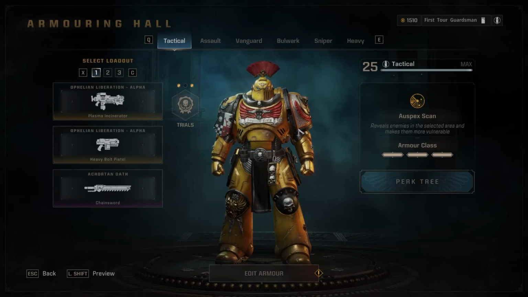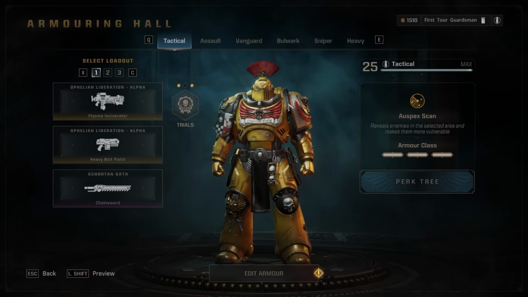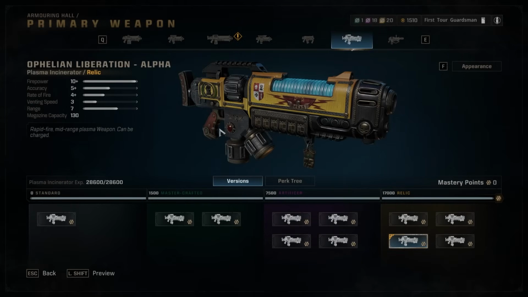Hey, First Regardsman here, and today I'll be talking about a Plasma Incinerator build for the Tactical class in both Operations and Siege mode on patch 8.0 of Space Marine 2. Now, the Plasma Incinerator is an incredible boss killer, great for wiping out Majoris packs, and has pretty decent contested